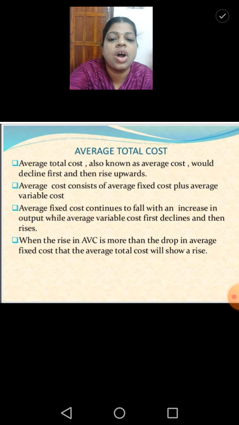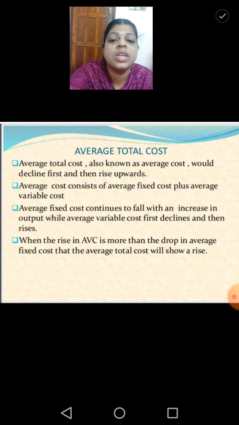Average fixed cost continues to fall with an increase in output, while average variable cost first declines and then rises. When the rise in average variable cost is more than the drop in average fixed cost, the average total cost will show a rise.